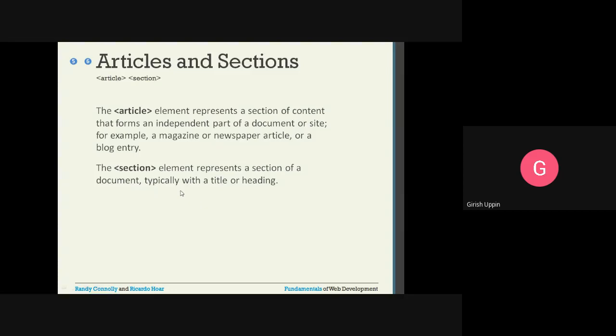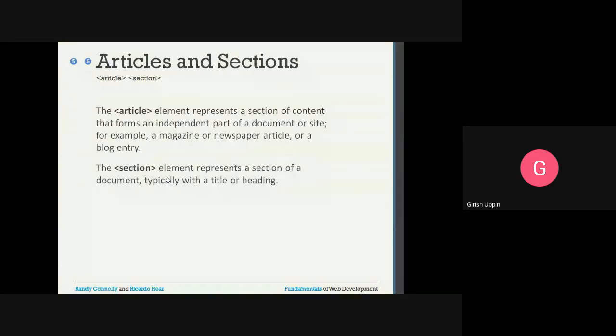If you take a web application which has news information, a section would be political news, geographical news, or world news, then sports news, finance news. Those are the sections. And inside each of these sections, we will have many stories or articles.